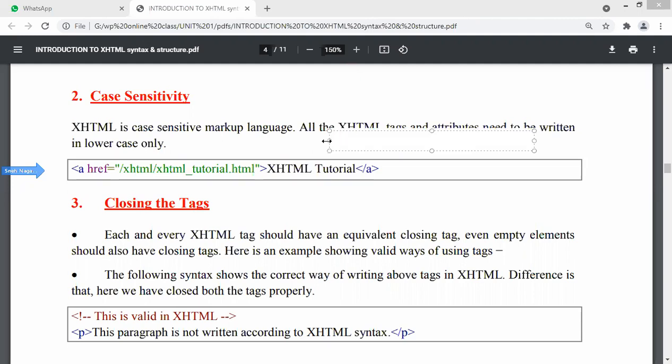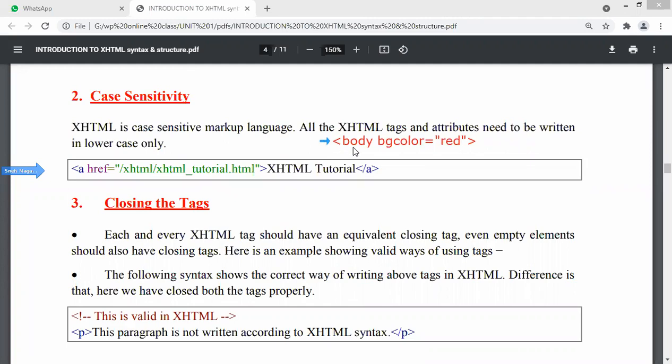Suppose we have a body tag. Any queries? Suppose we have a body tag attribute. We have to write like this: bgcolor is equal to quotation red. This is the format, right? So we have to follow this format when we are writing XHTML code.